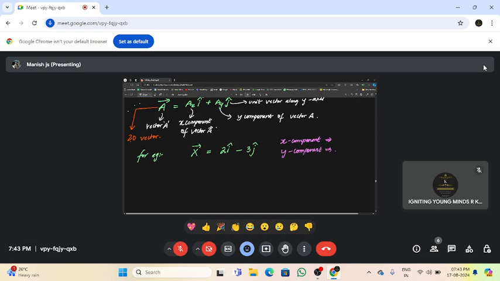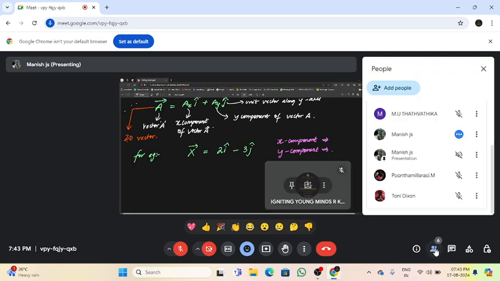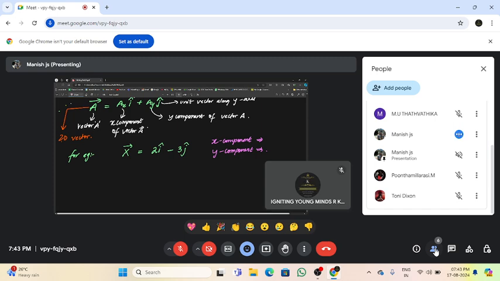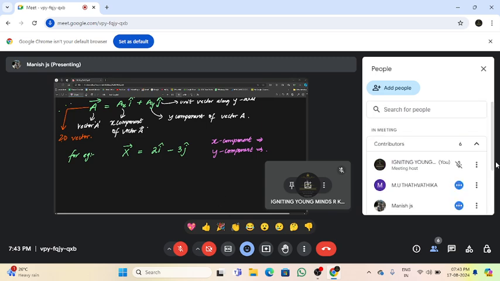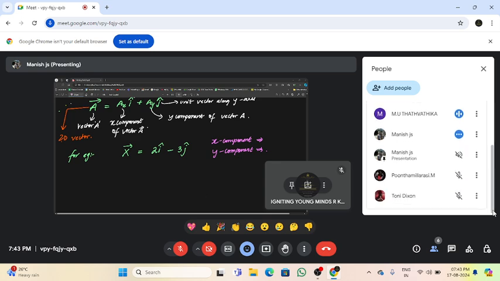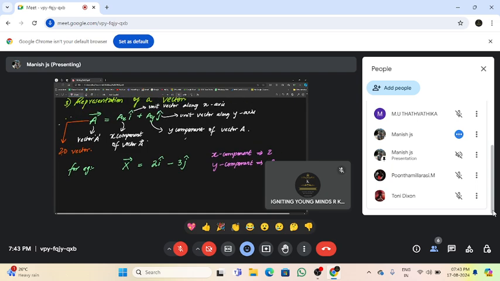Yeah, you can answer. So what's the x component, children, from the given vector you can identify? Yes, quite simple. It's nothing complicated here. Feel free to answer. You can unmute and say x component and y component. Yeah, somebody is trying to tell. I'm not able to hear. X component is 2 and y component is minus 3. Very good. X component is 2 and y component is minus 3. Great. Okay. So that's how you interpret the data from a given vector. Very nice. So with that, we'll move on.